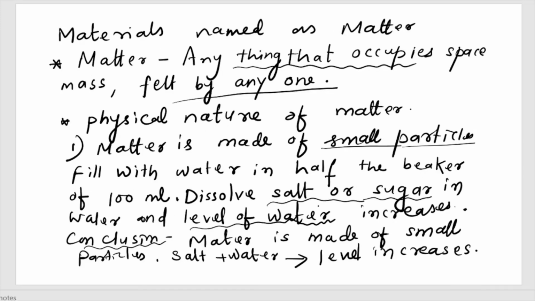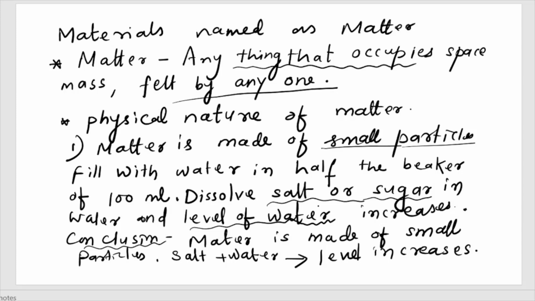यूनिवर्स में पूरा मटेरियल है जो कि हम आजकल उसको मैटर बोलते हैं. मैटर माने जिसका स्पेस है, मास है, और हम फील कर सकते हैं, ये एक मैटर है, ये एक ग्लास है, ये एक पेपर है. दिस फीलिंग इज कॉल्ड ऑब्जर्व बाय मैटर. Physical nature of matter, that means I want to say there is no chemical here, only physical nature.